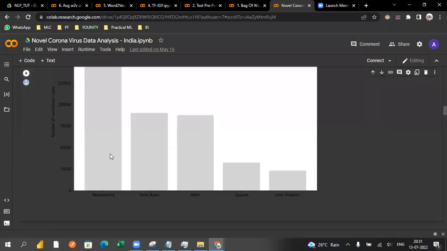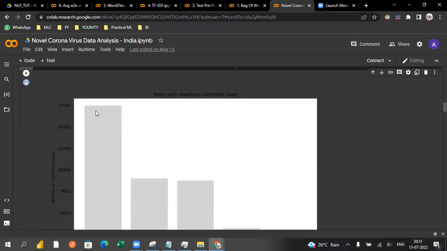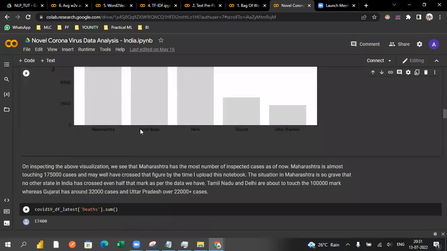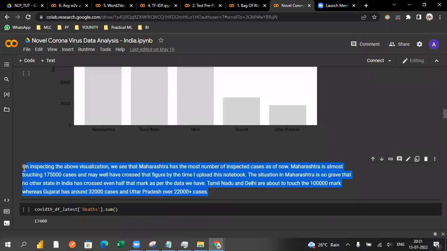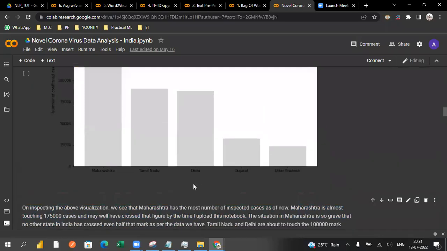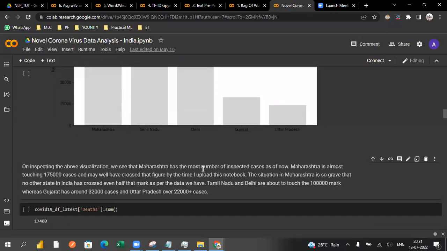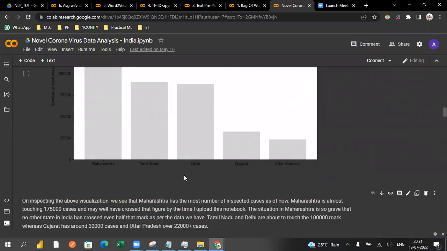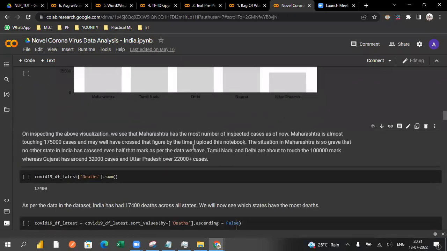Yeah, you can see the confirmed cases are mostly on the Maharashtra side compared to all the other states. And what is the value, and what is the percentage of the value? How does it differ from the other states? You can also calculate that and write it in simple English. Just now, and yesterday also, I told you how to write these things. I mean, what are the different ways to write in simple English, so that someone will understand. If the end users are not technical people, they will understand only this English. Unless you show this English, it may not be possible to get the idea, and it may not be possible for them to make a decision based on it. If you are a business